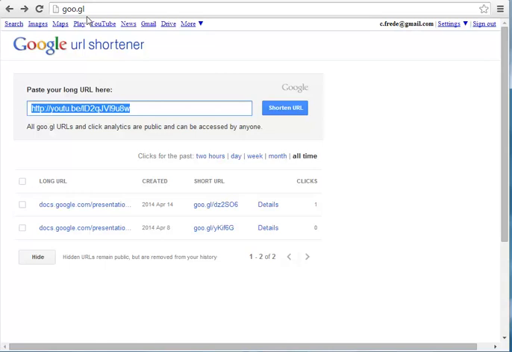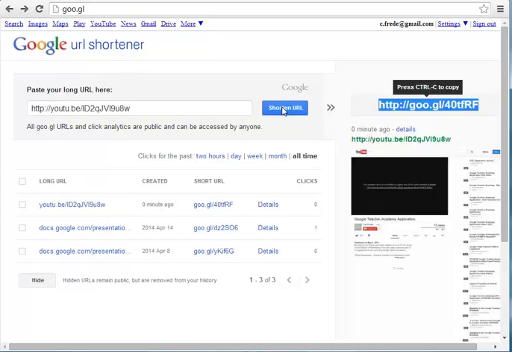Goo.gl. So the first thing you want to do is you want to take your website, for example, I'm using a YouTube video, and you want to click shorten URL. So now I have this short URL here. However, if I come down to my history, I will see that same URL, and I will see a button that says Details. When I click Details,